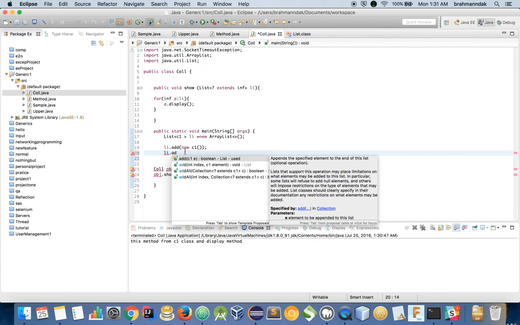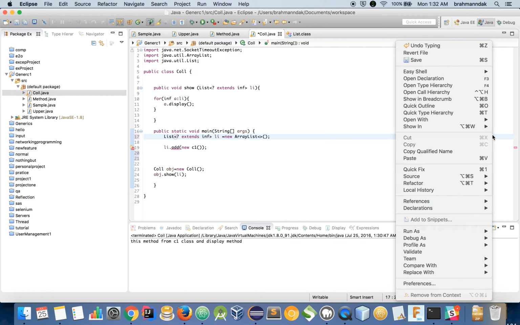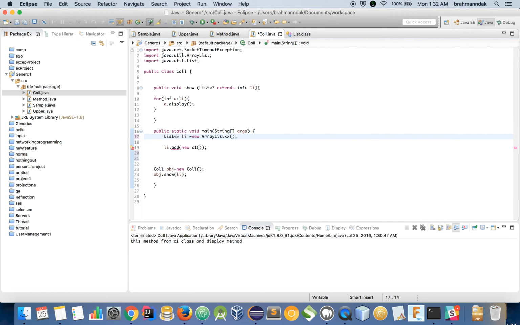Okay, so here we have defined that it should be C1, right? So if you want to extend from INF, we can only C1, we can print only. So if you want C2, then simply we can change it to C2, and now we can change to C2